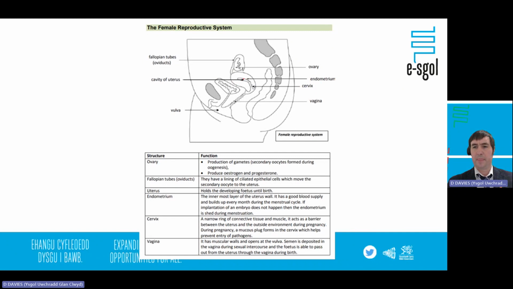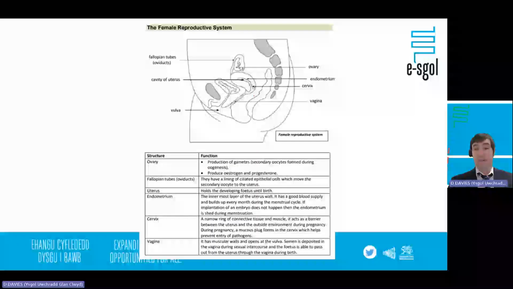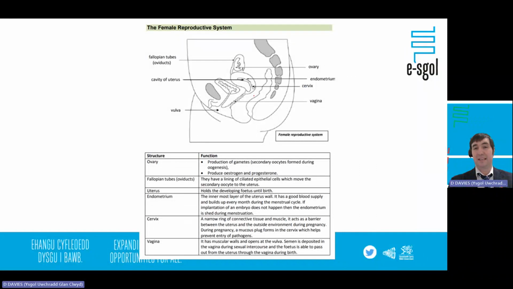goes into overdrive, basically. The cervix is not very obvious here, but the cervix is a ring of muscle that is at the base of the uterus. That ring of muscle is very strong, and that will maintain pregnancy. Basically it's the gateway to the uterus. That then joins onto the vagina. The vaginal passage here joins out onto where the vulva is. So that's just the passage that goes up towards the cervix and towards the